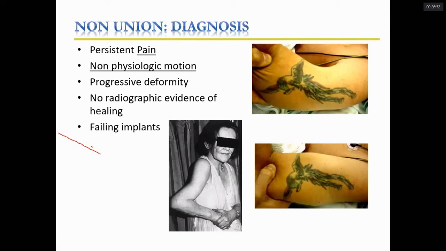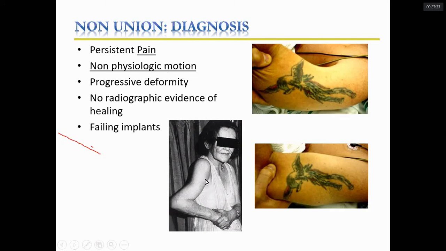So how do we diagnose? If there is persistent pain. But remember, if the non-union has reached a stage where pseudoarthrosis or false joint is formed, at that time there will be no pain. Before that there will be persistent pain. How do you assess if the fracture is united? There should be no tenderness at the fracture site. If the fracture is not united, there will be persistent pain. But again, the exception is if there is pseudoarthrosis, there will be no pain.